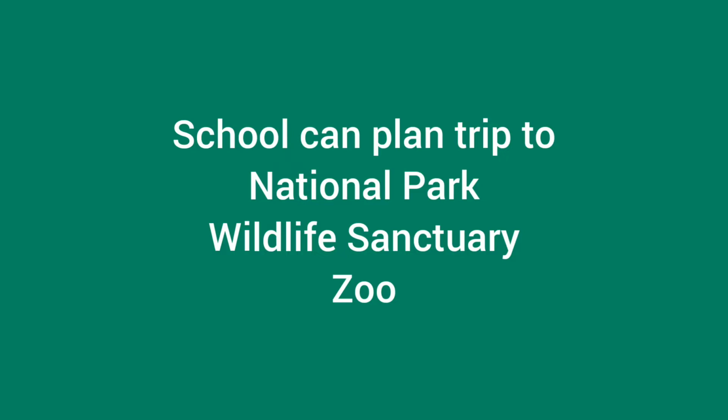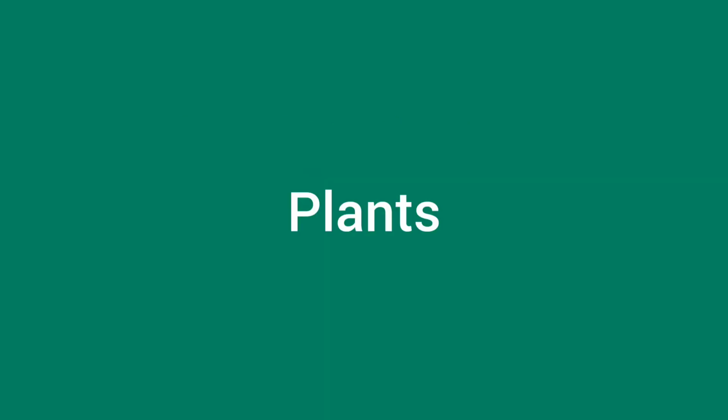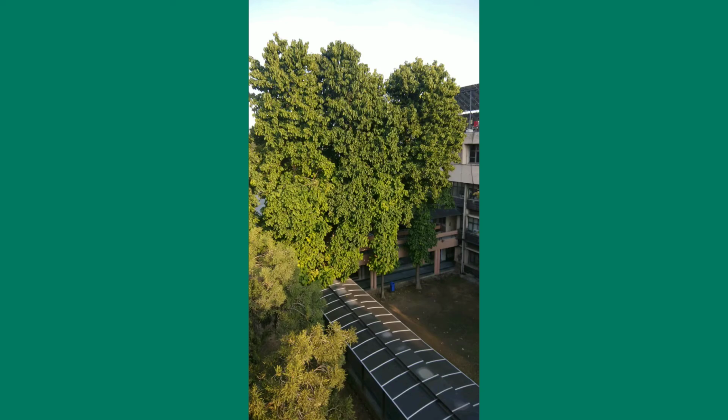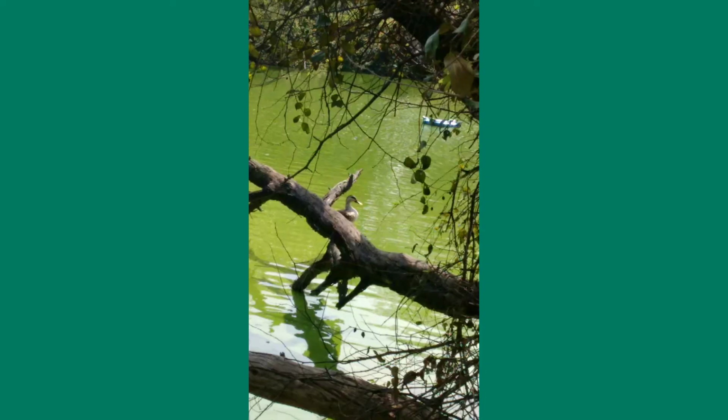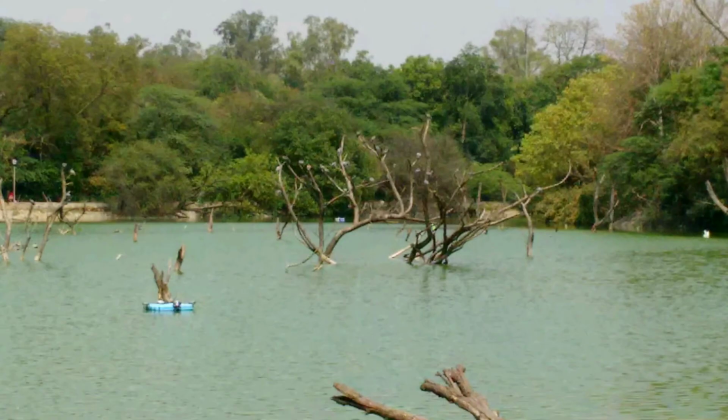The next thing that you can plan is plants. In this plant section, of course, you can grow more plants and more trees near your school, or inside your school campus. Of course, it will give you more oxygen and it will help the environment as well, and it will help the students learn what processes we have to follow to change the atmosphere near us. So in this way, you can organize this kind of activity.